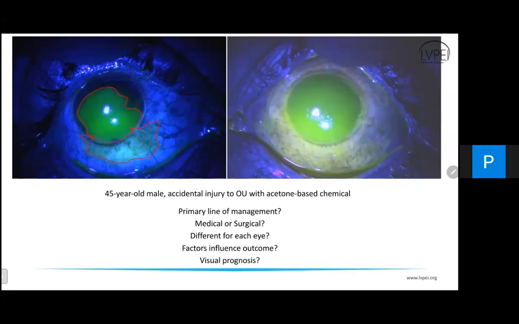Okay. So here you see a limbal defect of about 2 to 3 clock hours, and a conjunctival defect, which is what, 15 to 20% in the right eye of the entire bulbar surface. So this would be a grade 2, or maybe between a grade 2 and a grade 3 burn, right? Yes. And in the left eye,